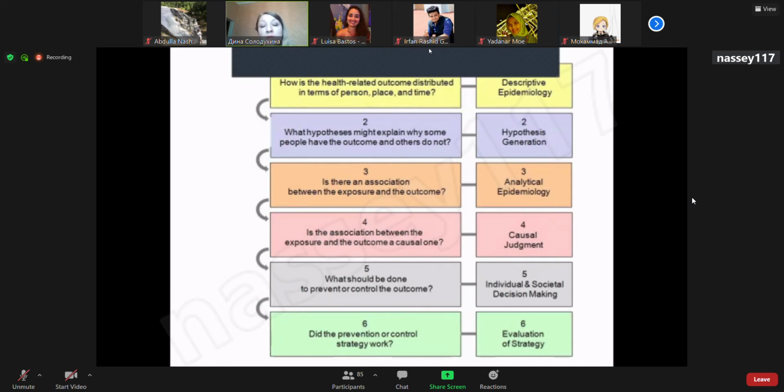If we want more explanation for the associations, we will try to check probable causal associations, and then we can make a design that enables us to prove that the fact is not just associated, but it is a causative factor. And finally, we will make decisions which can be applied for communities or for individuals,